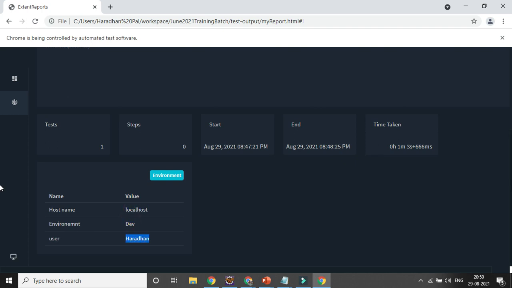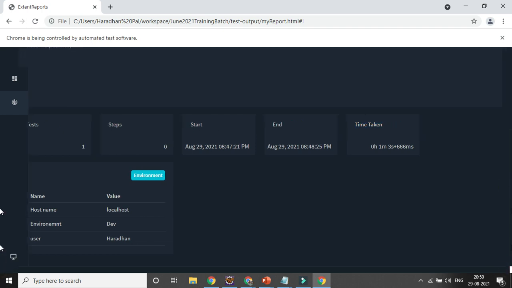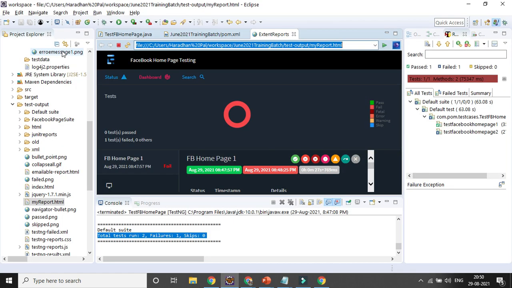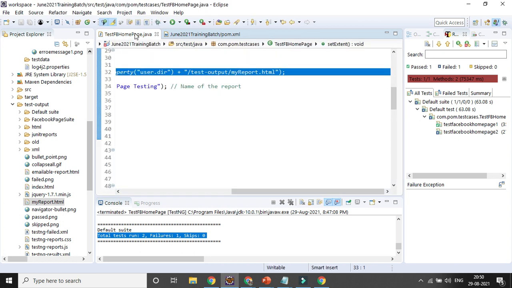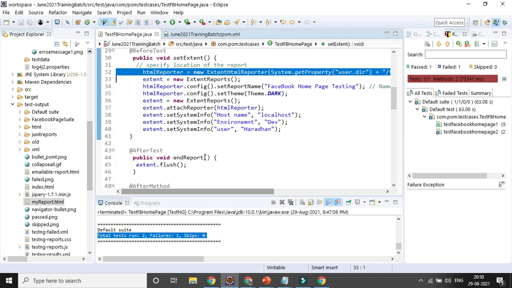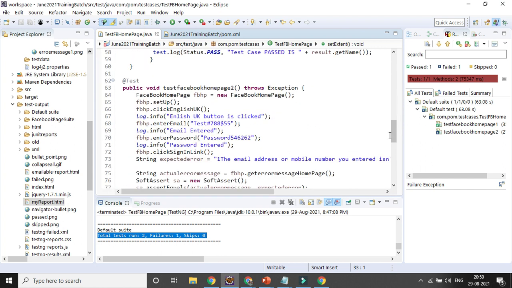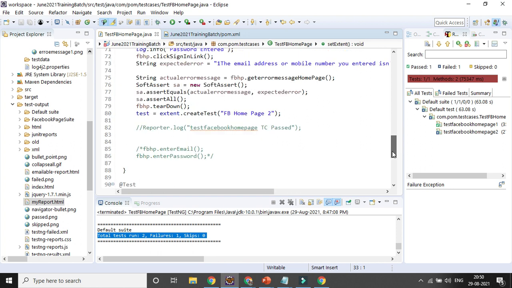So you can customize it a little bit. This is the kind of report I have told you how to do. You can get a lot of information from the internet. If you know how to create the external report, customizing it will not be a challenge. Even at the project level, you can copy the same line of code in your base class, and whatever test case class you have needs to extend the base class, and you need to add this part only at the test case level, so that it will generate that extent report.